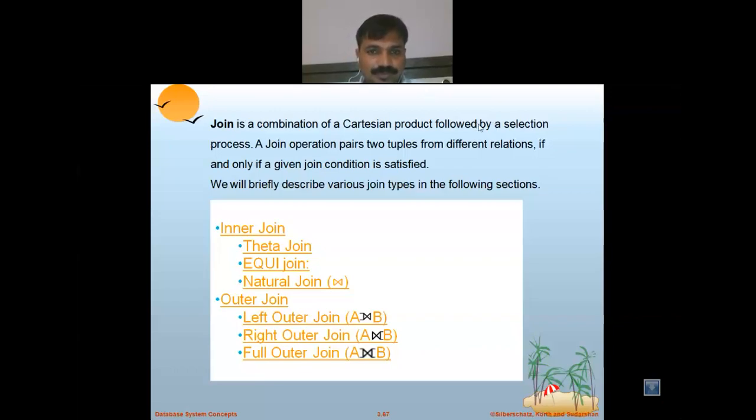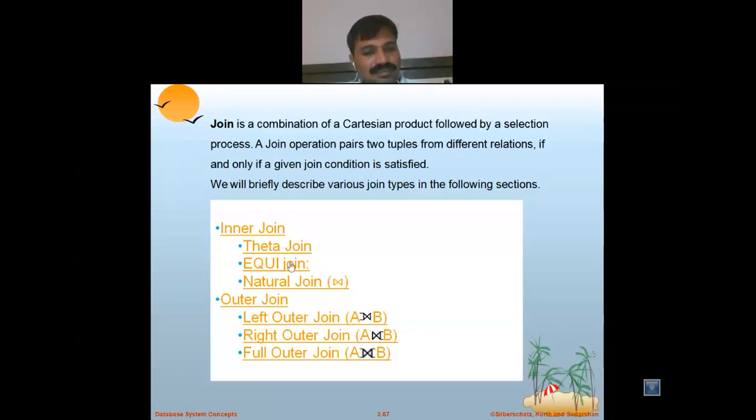In join concepts, there are three types: theta join, equijoin and natural join. The natural join has its own symbol in relational algebra. For outer join, there is a left outer join, where the symbol visualizes the relation tables of A to B. A right outer join returns all the records from B which are not matched with A. Full outer join means we display the records from both tables, so in that case we use the full outer join.